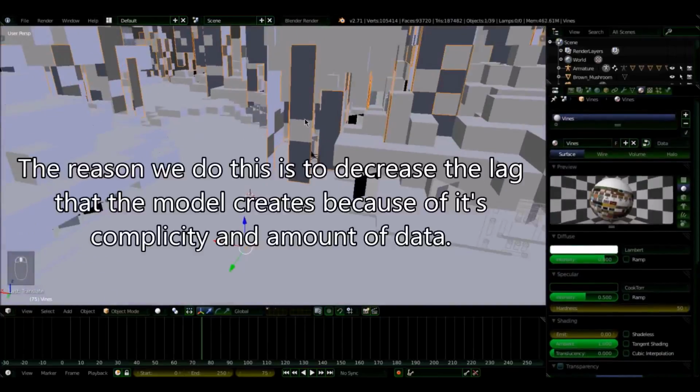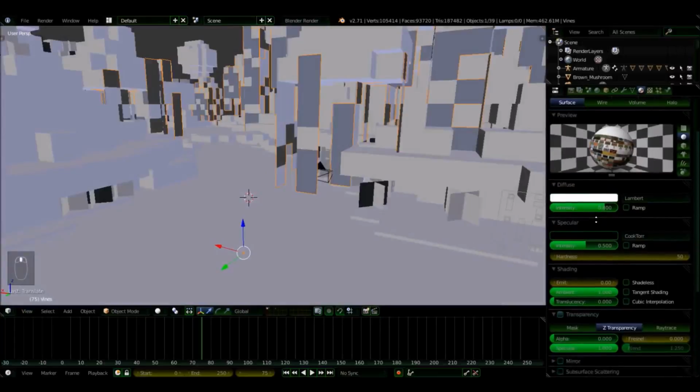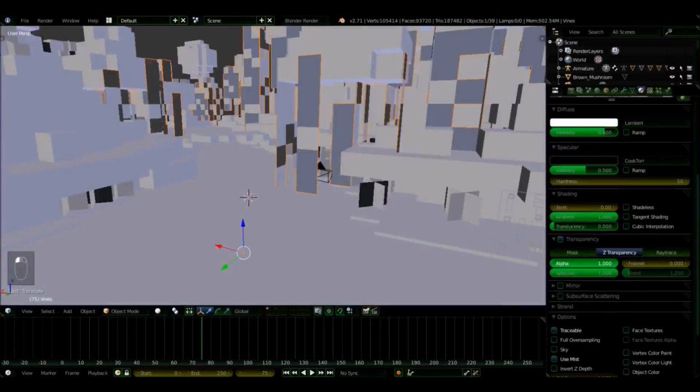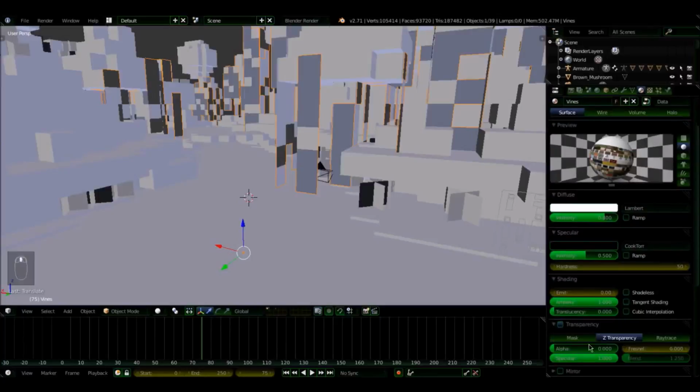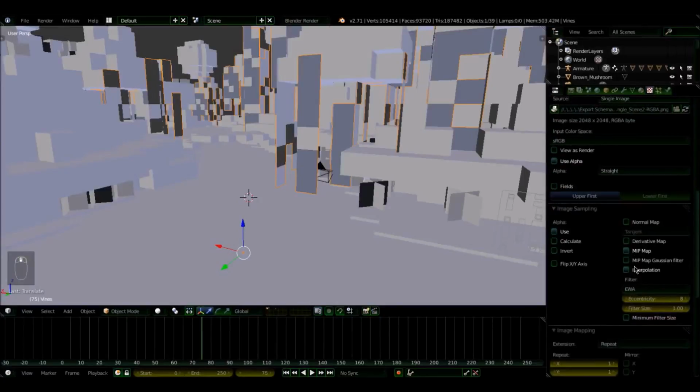So you're going to want to select an object, go here into materials. If it's a transparent object, which vines are, you're going to scroll down, and under transparency you're going to tick that if it's disabled, which it shouldn't be. You're going to set alpha to, wait, I don't think we need to do alpha. Then go into textures, disable D here, scroll down, disable bitmap and interpolation, and set the filter